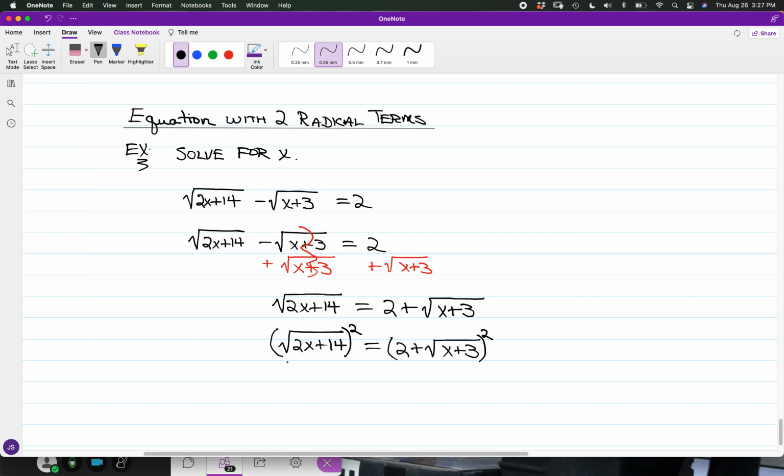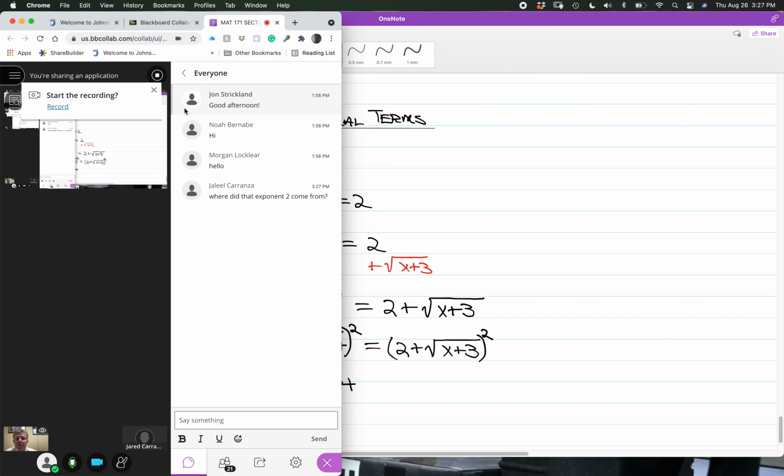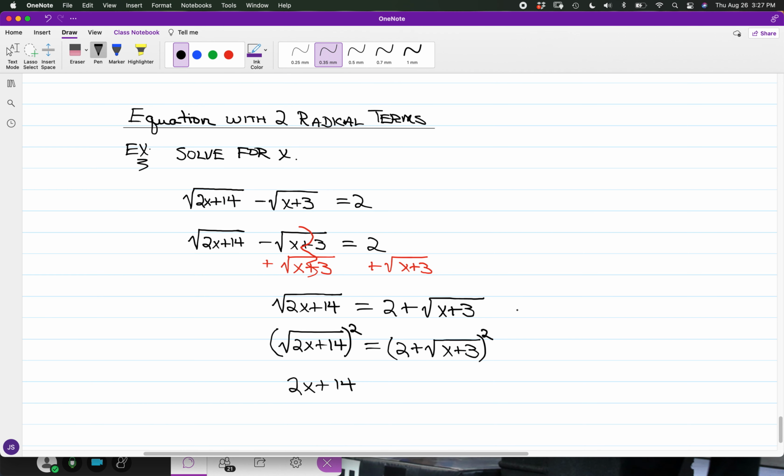Okay, so if I squared the left-hand side, I have 2x plus 14. Let's see. The exponent is to get rid of the square root. So think like this. All right. Now for what we have on the right,